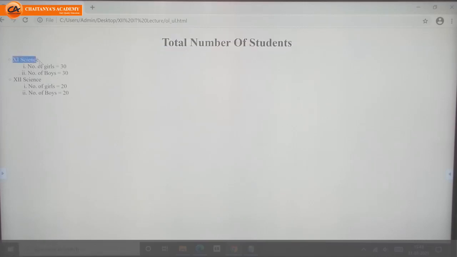Next, the first list item of the unordered list is 11th science. Inside that I gave two list items which are numbered, means ordered list items. Then again an unordered list item, that is 12th science, and inside that again an ordered list with numbers.